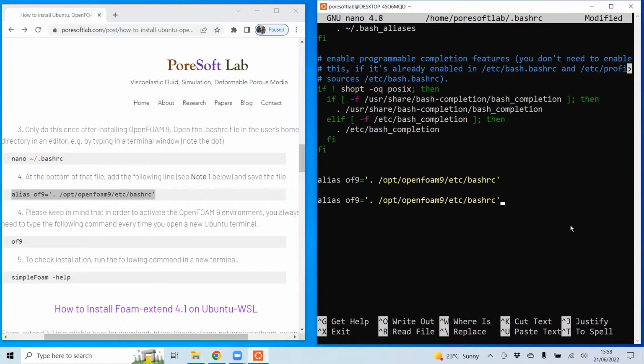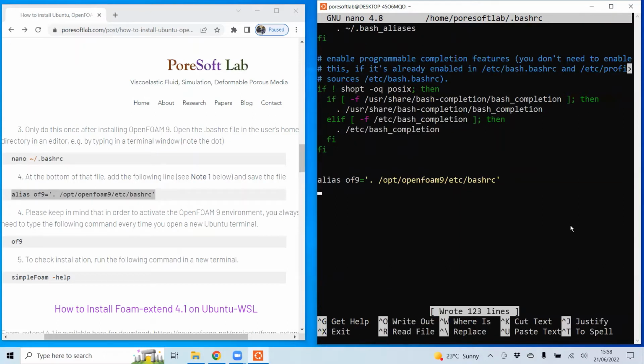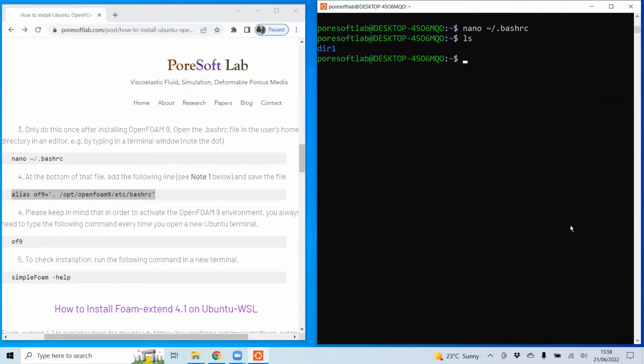In my file, I already have that one, so I'm going to just delete the repeated one. So we need to copy this one and paste it here, and then save that file. To save it, use Control-O, enter, and to exit, Control-X.